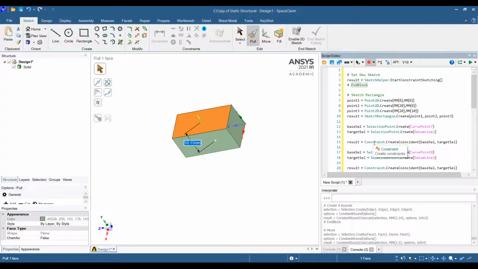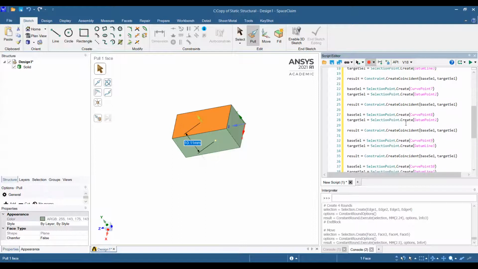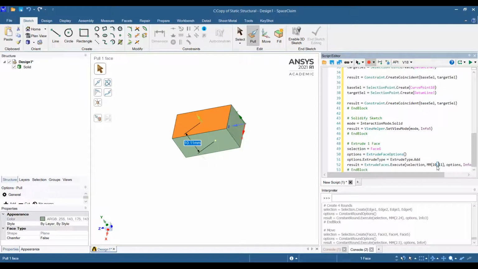Now a special feature you can use is making a variable. So over here I can assign a variable which is height, and let me assign it an exact value of 15. Now height is a variable in my script. It is not a parameter till now. The height can be imported over here. So I can change this 10 to height, and that height value will now be imported from that variable value over here.